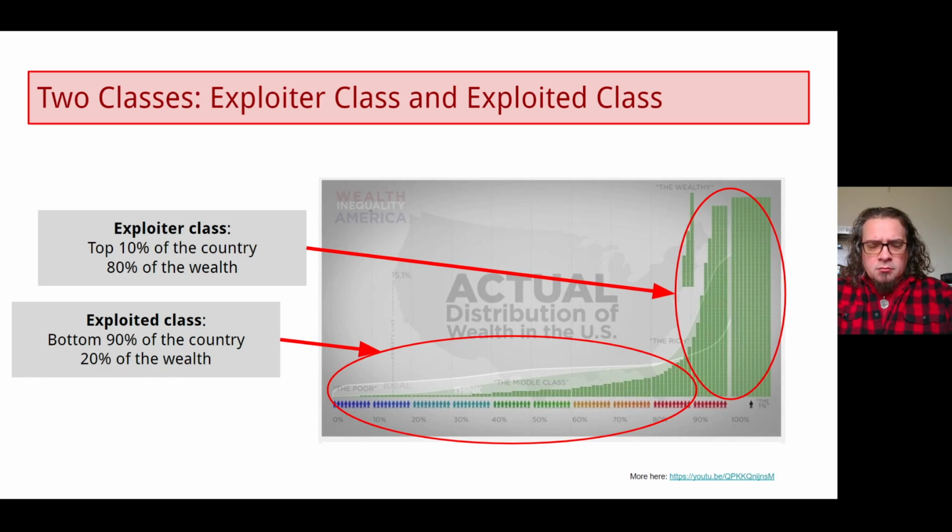Right now, and the movement towards this kind of distribution has been there for decades, if not centuries, this kind of wealth hoarding that's going on at the top, right? The top 10% of the country has 80% of the wealth. The top 1% of the country has 40% of the wealth, okay? But the top 10% has 80% of the wealth, and the bottom 90% of the country shares only 20% of the wealth. Again, most of it being in the 80th percentile and up.